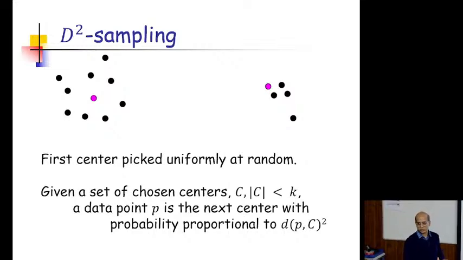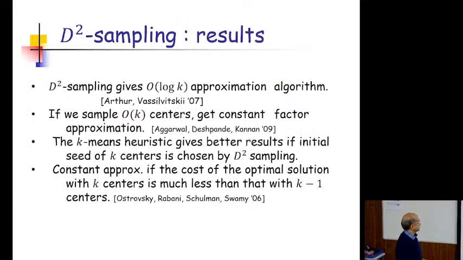So this is called distance squared sampling, and this was analyzed for the first time by a very nice paper by Arthur and Vassilvitskii in 2007, where they showed that if you're solving k-means for general metrics, it gives a log k approximation. More is known about this algorithm. If you are doing some sort of bi-criteria approximation, so if you want to violate the number of centers by a small constant, for example, if you pick 2k such points, then it gives you a constant approximation.